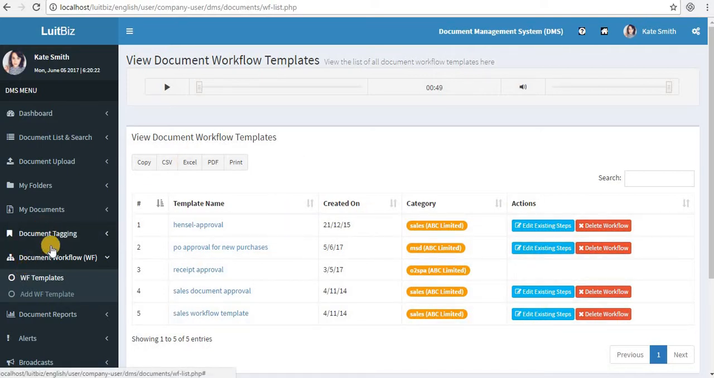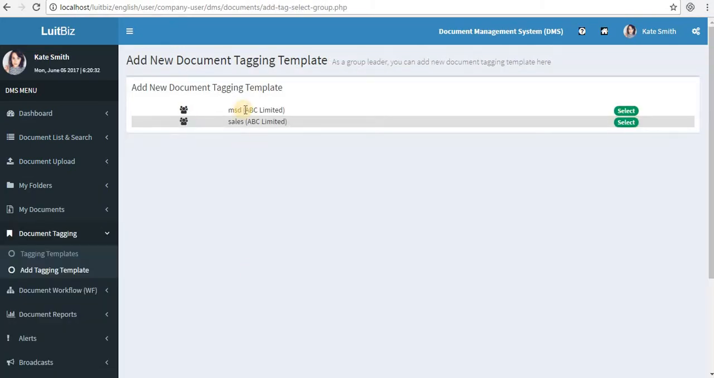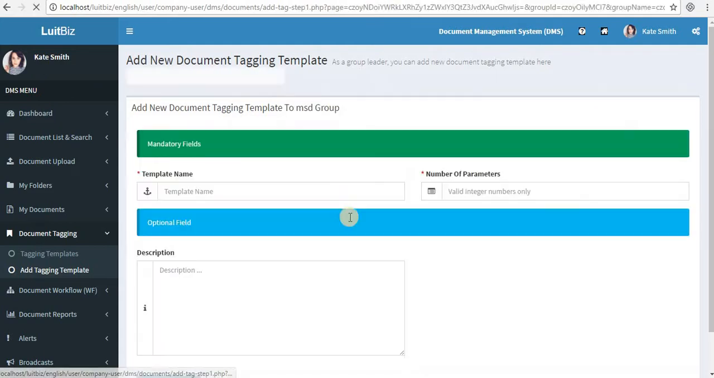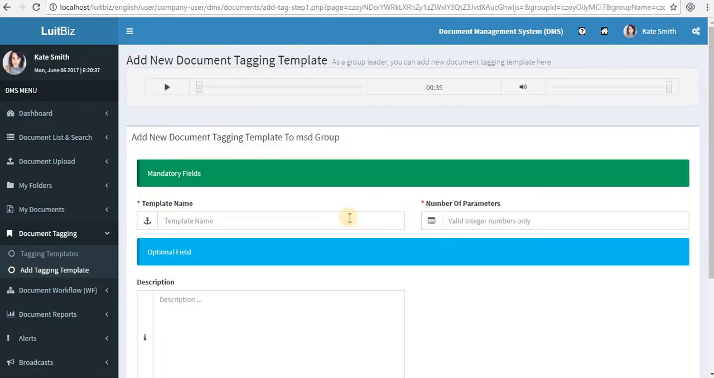Now the third thing that you need to do as a group leader is document tagging templates. So on the left hand navigation menu, click on document tagging and then click on add tagging template. There, select the group to which you would want to add the new tagging template, just as you did while adding workflow templates. Write the name of the template. Say, suppose we call the template, say, sales order,